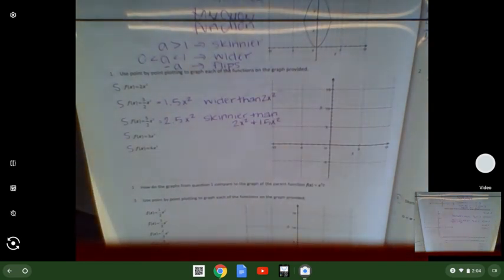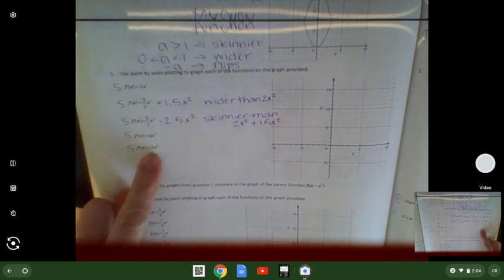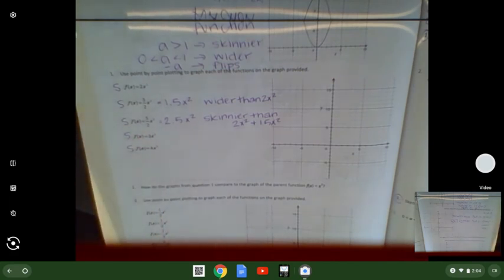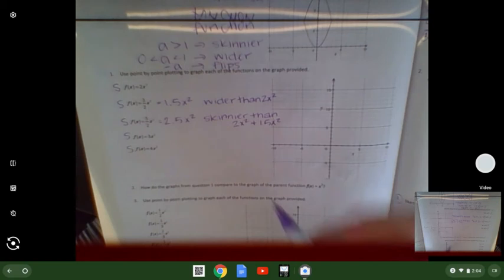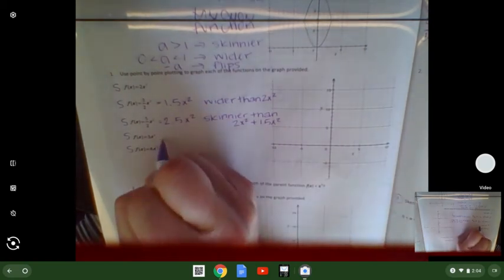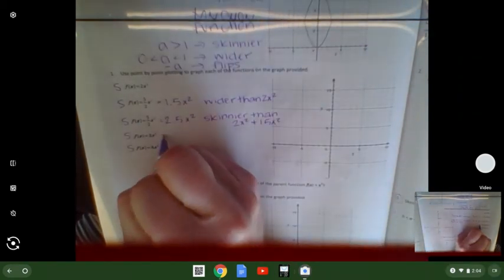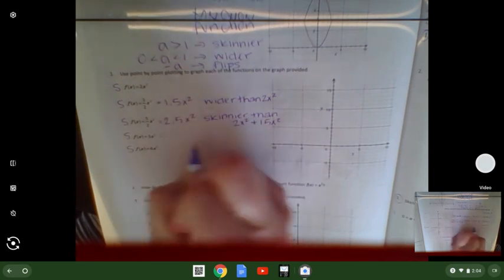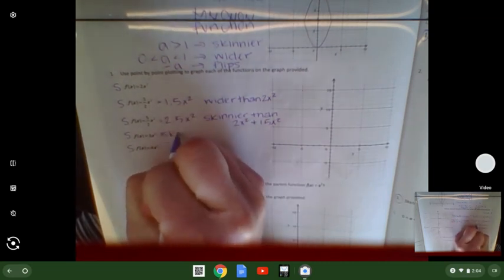So I want you to go ahead and graph or make some sort of judgment about 3x squared and 4x squared. Again, our goal: can we put these from the skinniest to the widest? Pause the video if you need to, make a judgment about the remaining ones, and then unpause it and we'll see what happens. Okay, so you've now graphed and you realized that 3x squared is actually skinnier